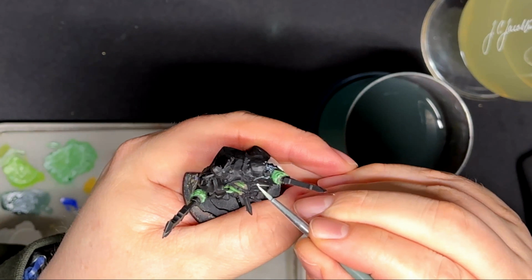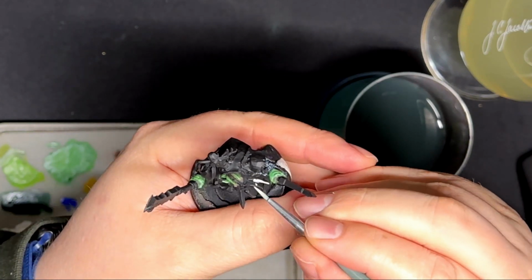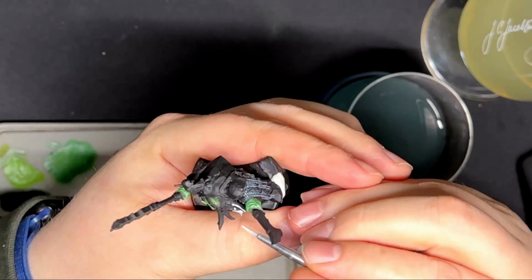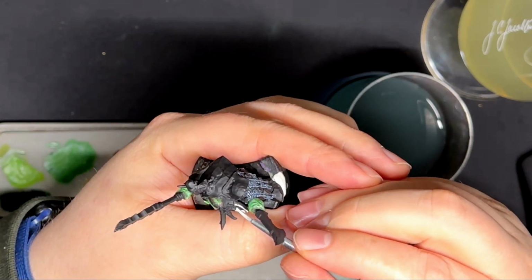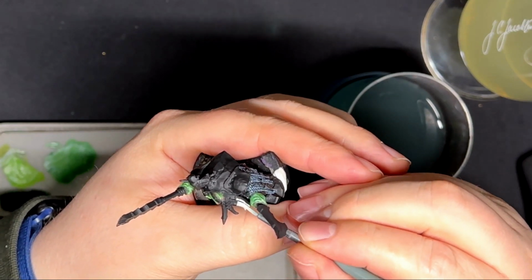And then I had time to start base coating the bone. I've just managed to get the first layer on for you, and that's pretty much where we got to this week. So we've got about 25 days left, and there we go. So yeah,